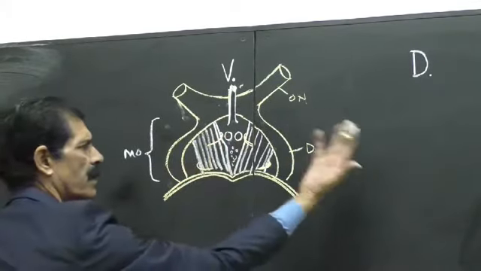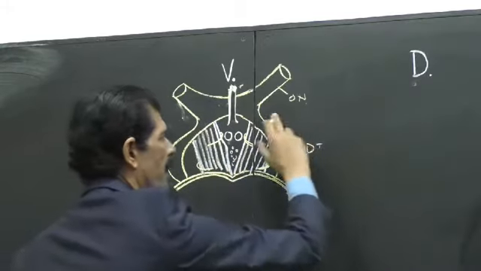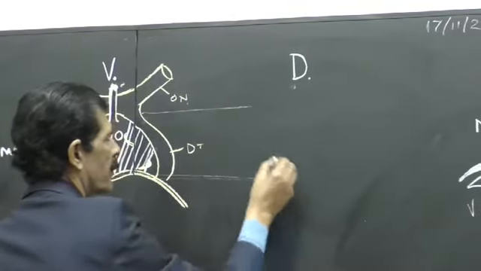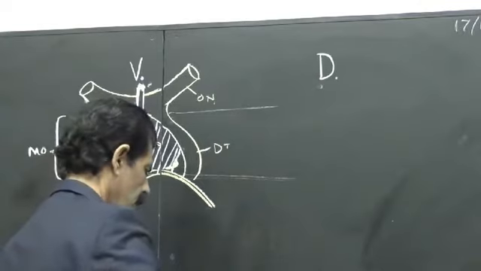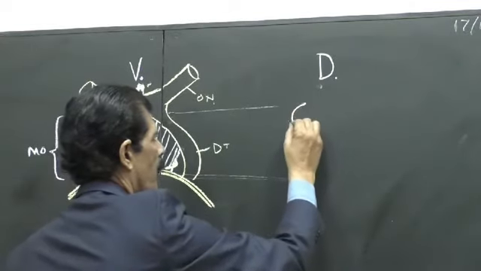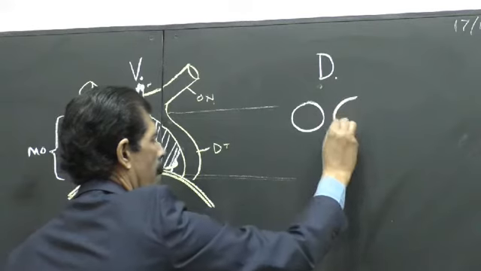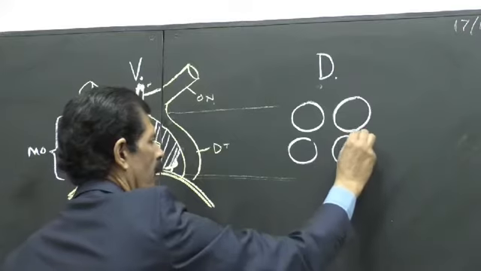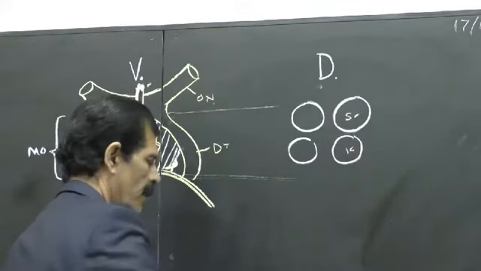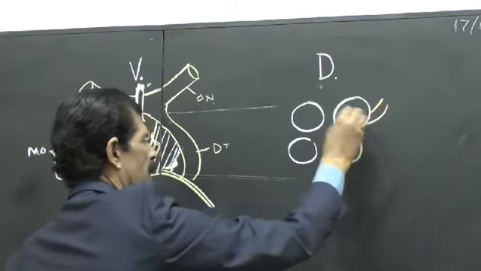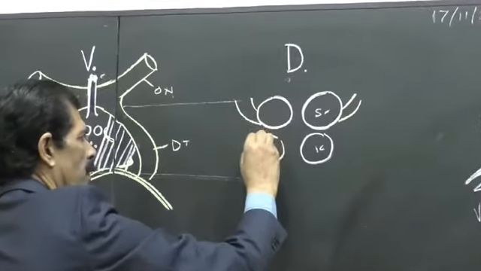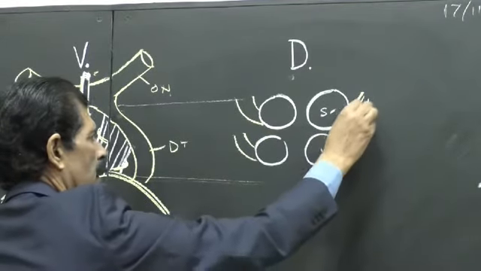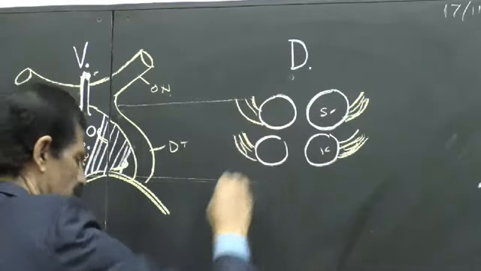If you reverse it, what lies on the back side, or the dorsal surface, of the midbrain? Same, the midbrain starts here, the midbrain ends here. On the same basis, what lies dorsally? Corpora quadrigemina: two superior colliculi and two inferior colliculi. They are made up of grey matter. From the grey matter the white matter comes out, as the upper limb comes out from our trunk. This is called the brachium of the superior colliculus and the brachium of the inferior colliculus.